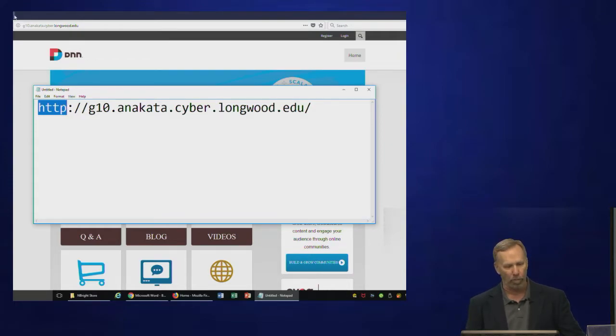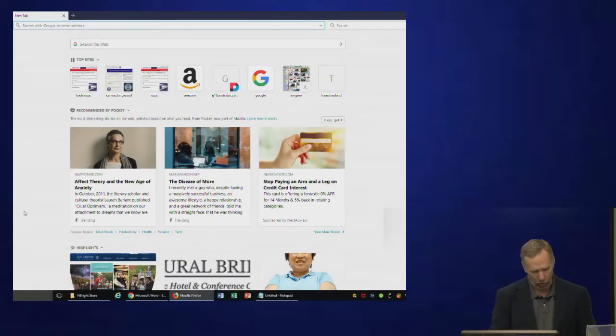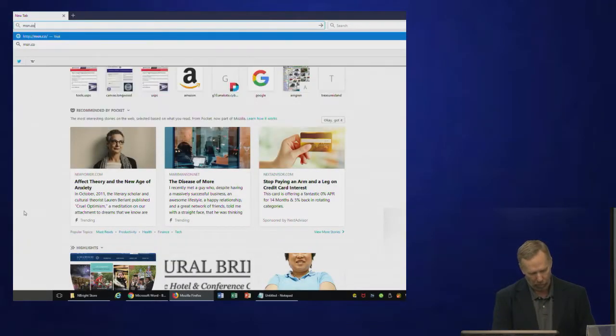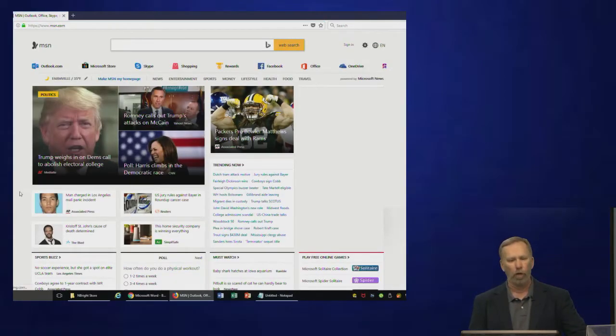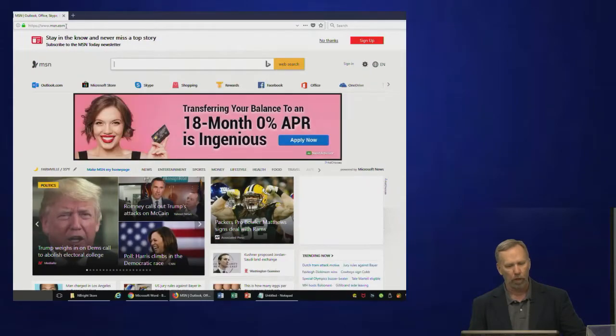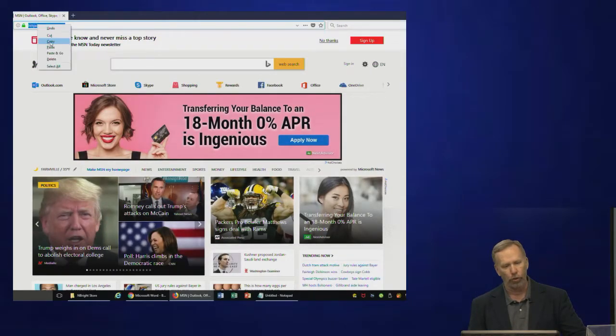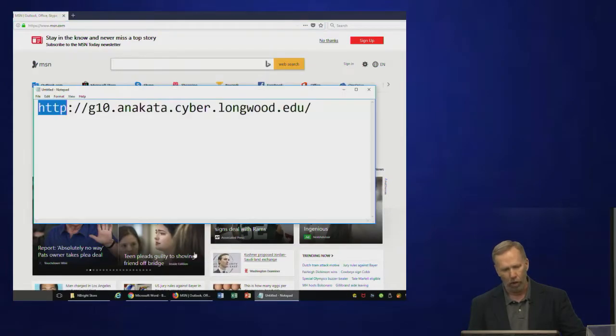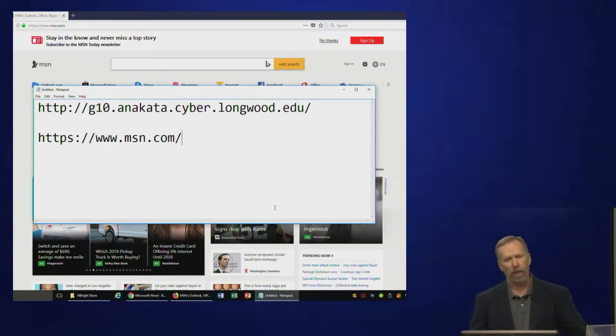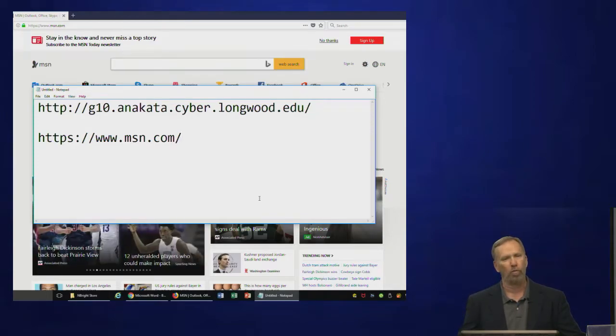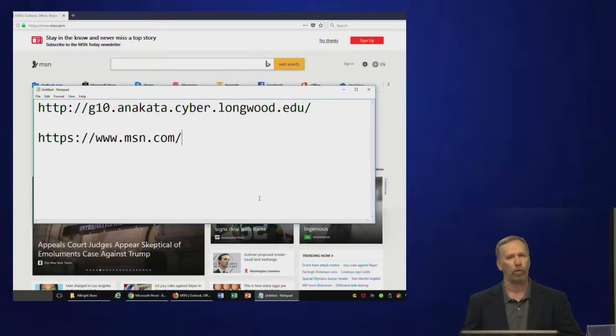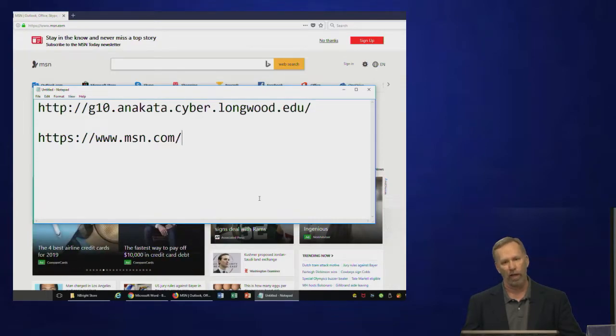Matter of fact, if I go to something like msn.com, I'll copy it, but you'll see that MSN automatically goes to an HTTPS website. Even though MSN isn't trying to sell you anything, they don't want somebody to get on their website and post fake stories out there that might hurt their credibility. So they protect those transactions using the secure version of